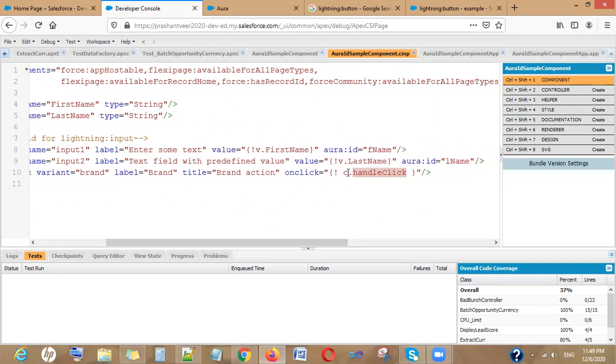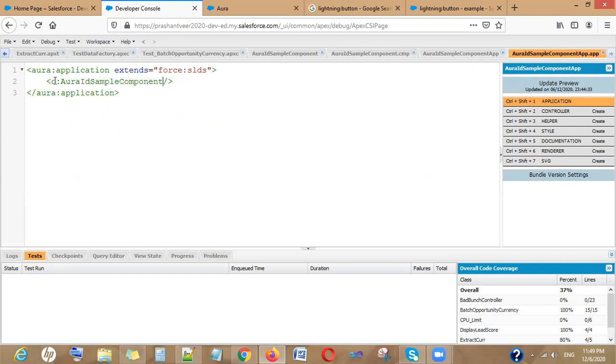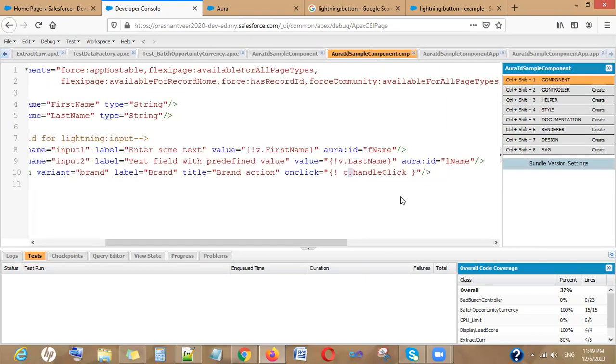Whenever you are talking about the method, you will be using C, that is the namespace, and dot. And remember the difference. C dot is for a method, and if you're talking about C colon, then it's a component. So C dot is a method name. You just copy it